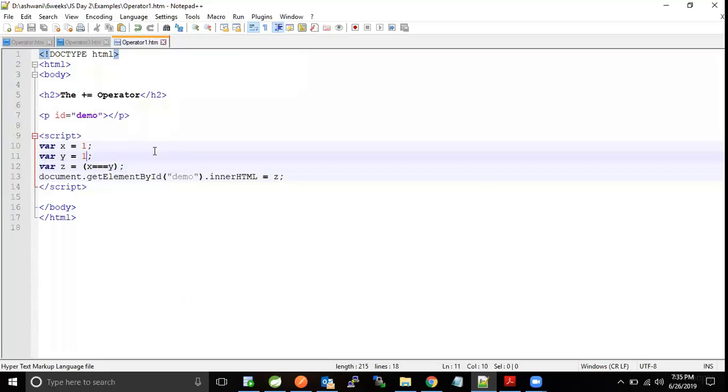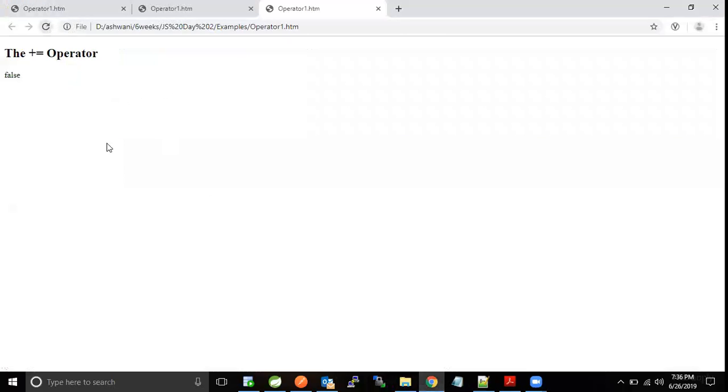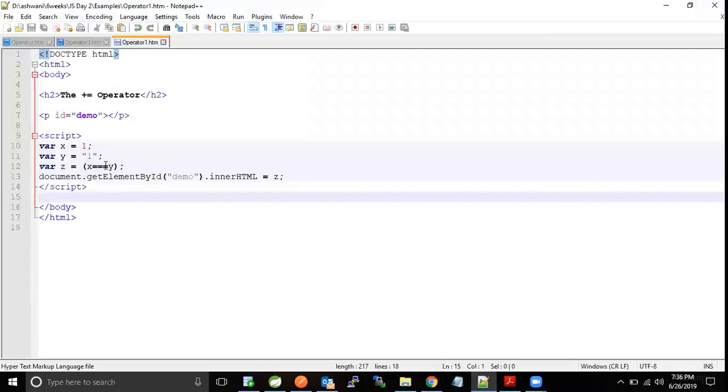If I do this here, what will be the output? Can anybody guess? Yes, exactly. The value will be false because the data type is not matched. But guys, if I do this thing,